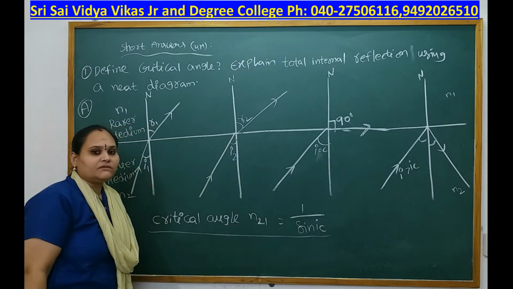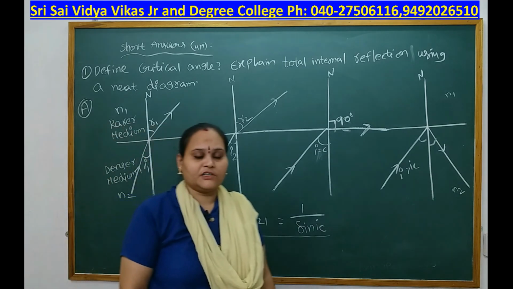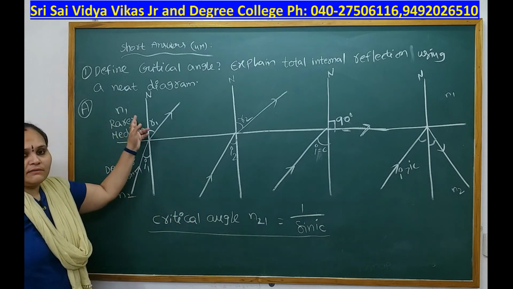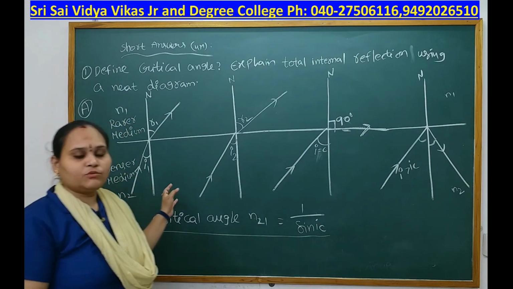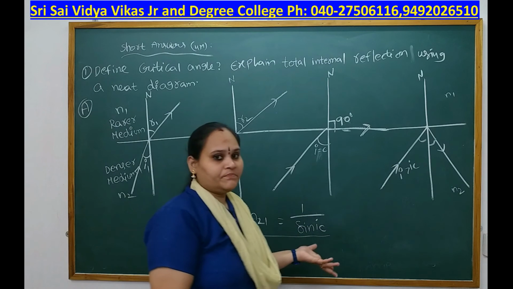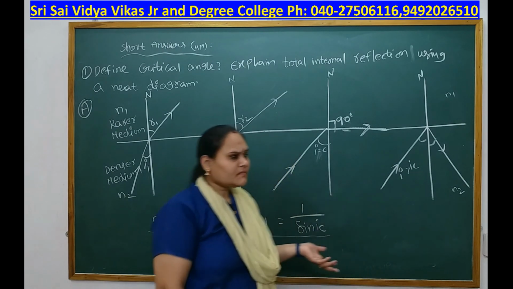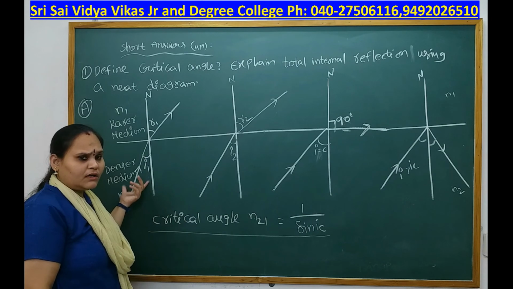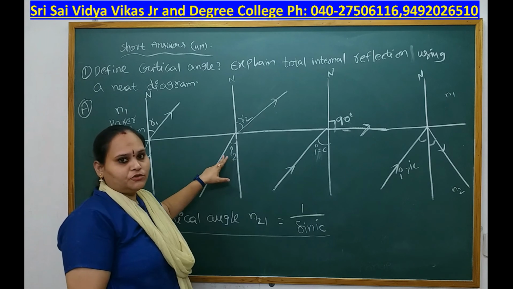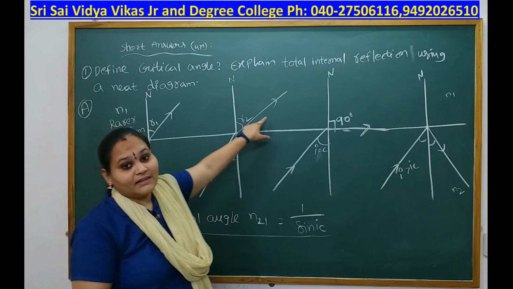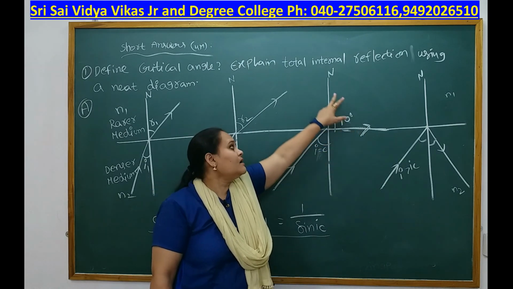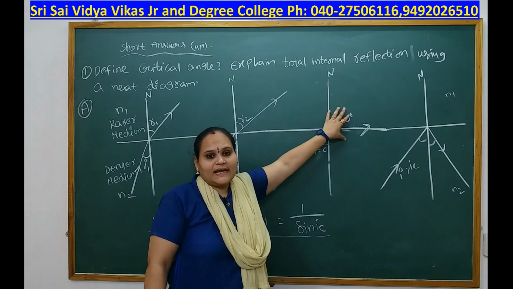Let me repeat it. Here we are considering the critical angle and total internal reflection. For finding the critical angle, we take two mediums N1 and N2, the rarer and the denser medium. The incident light travels from the denser to the rarer medium, and the light enters the other medium by refraction or transmission. The incident angle is small and the refracted angle is R1. Similarly, with a further increase of the incident angle to I2, the refracted angle is R2. When the incident angle equals the critical angle, the refracted angle becomes 90 degrees to the normal. This is the normal line, and that incident angle is the critical angle.